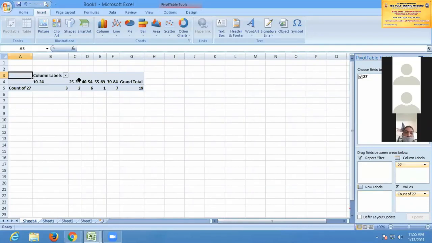So it will be represented in this way. Whichever way you want, column wise or row wise, you have to select that. You will get the pivot table field list at the side. You can drag and drop it where you feel convenient.